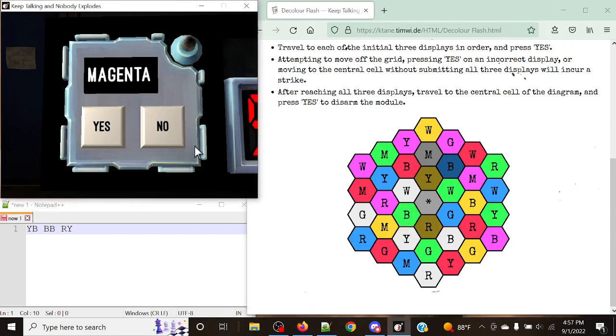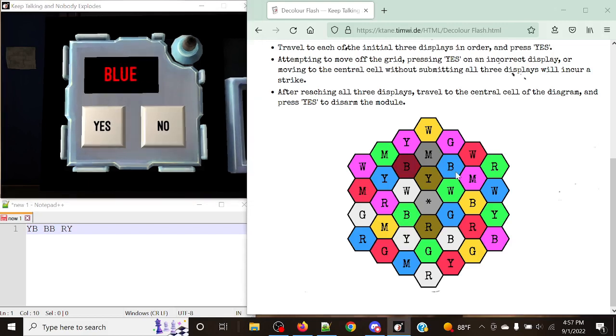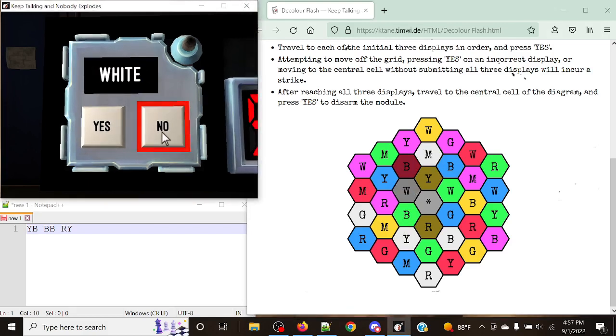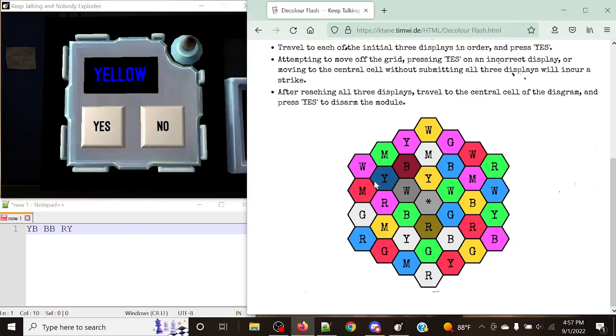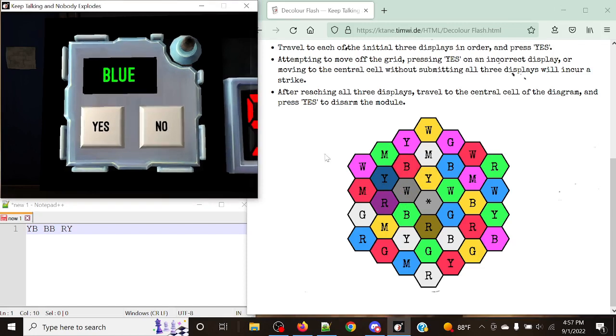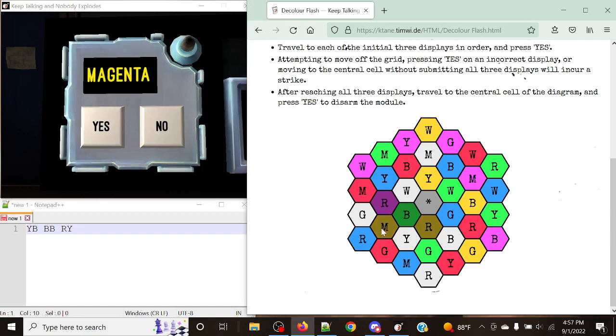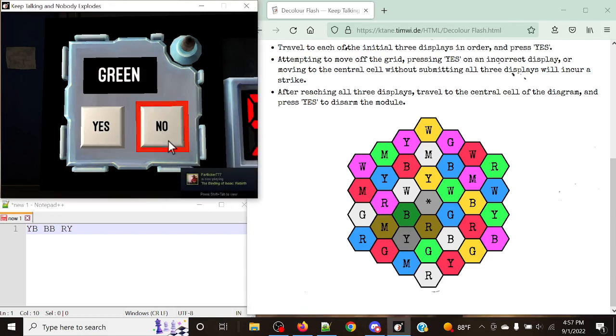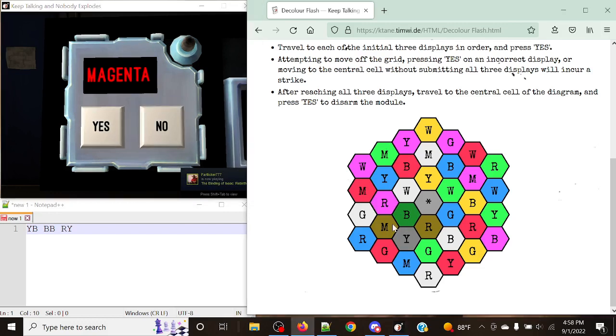So now, let's go no on blue. Back to where we were. Let's go no on the magenta. Okay, let's go no on the yellow. Okay, let's go no on the blue. No on the yellow. Let's go no on the white. Let's go no on the red. Okay. Currently right here, let's go no on the magenta. Okay. And now we're currently in this position. Let's press yes on the